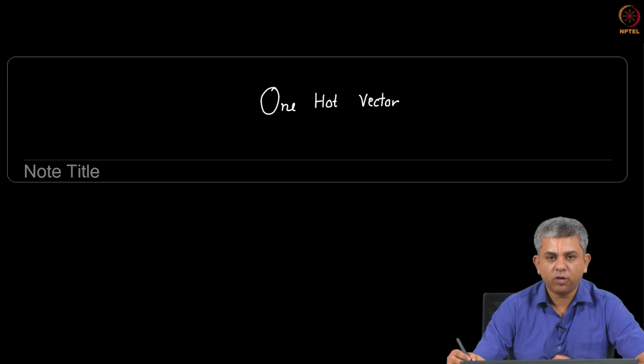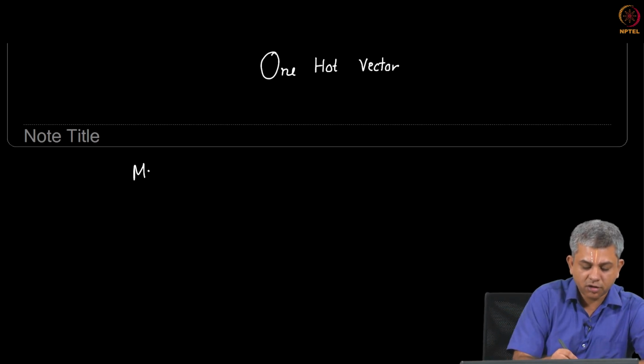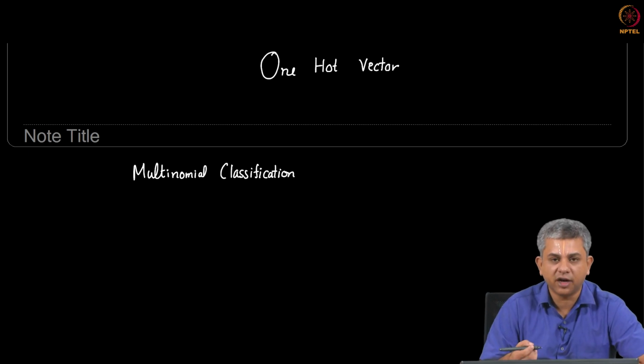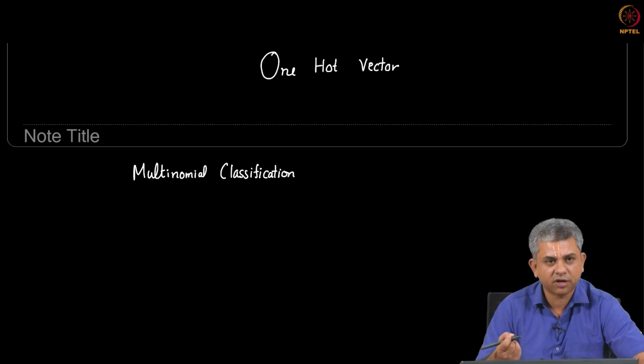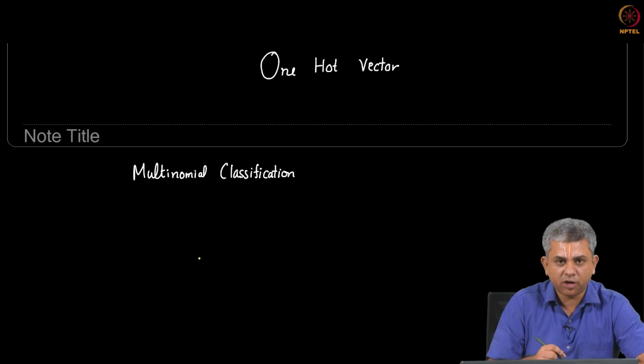In this video, we will be looking at the one hot vector representation. Remember that the one hot vector representation is used for a case where you have more than two classes. You can also use it for the case when you have just two classes, but it is generally overkill to use a one hot vector. Let us start with a binary classification task and then we will go to a multinomial classification task and see how a one hot vector works.